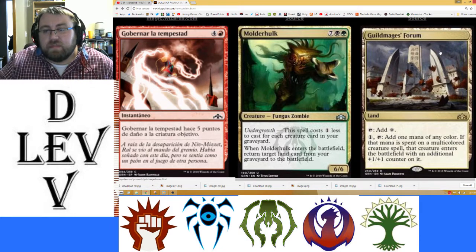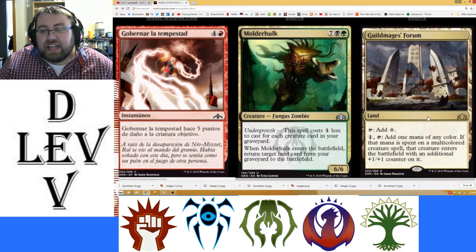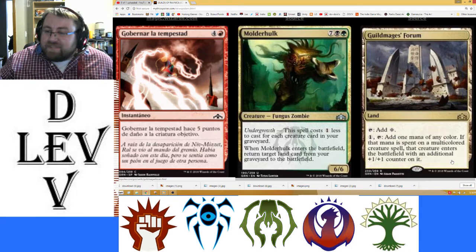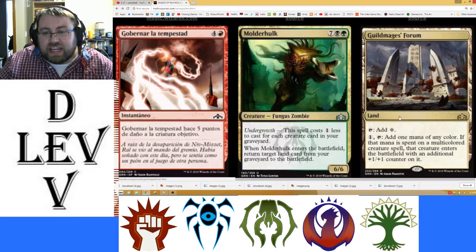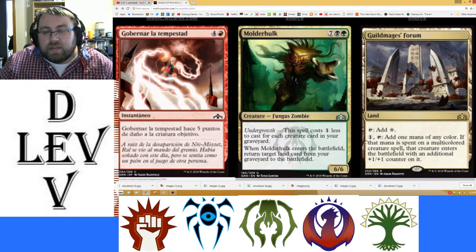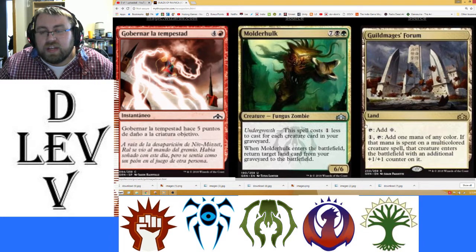Next up, the Guild Mage's Forum. It's a land, add 1 mana, or pay 1 and tap it to add 1 mana of any color. If that mana is spent on a multicolored creature spell, that creature enters the battlefield with an additional +1/+1 counter on it. It's fine. If you need a filter land, I don't think this is a pack one pick one per se. But if you are going to be in a multicolored deck, which you're probably going to be in this set, especially if you're playing constructed or definitely if you're playing limited, this land